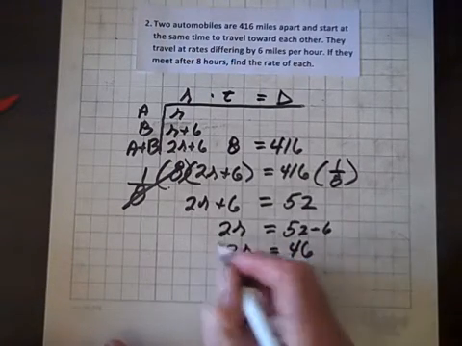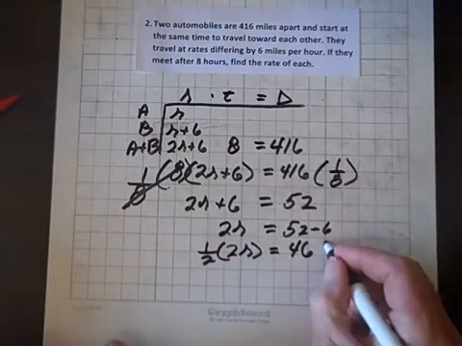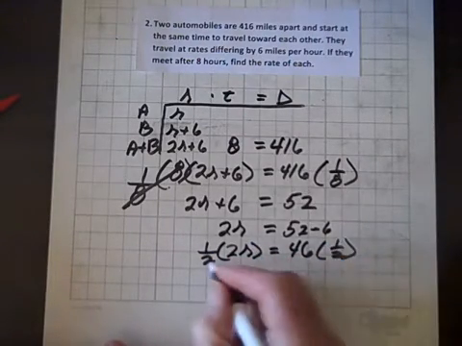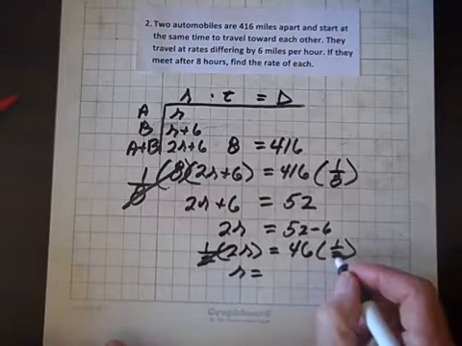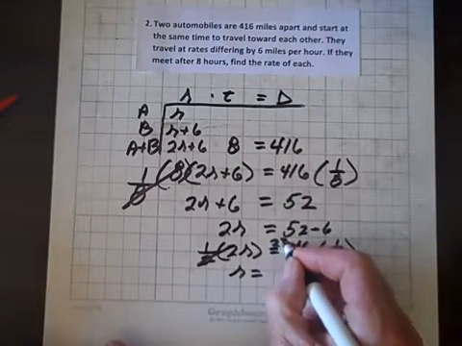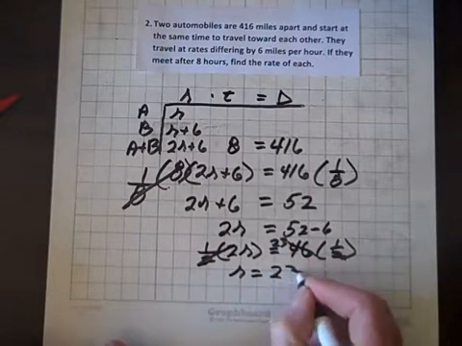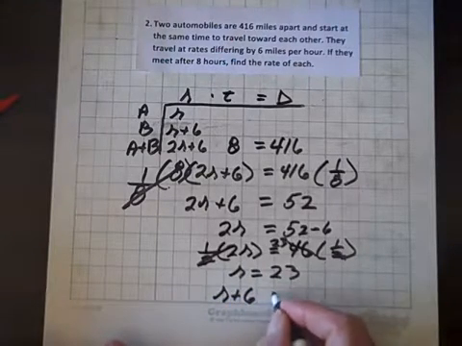Now, multiplying both sides by the reciprocal of 2, which is 1/2, the 2s divide out, and we get r equals, and half of 46 is 23. 23, and r plus 6 equals